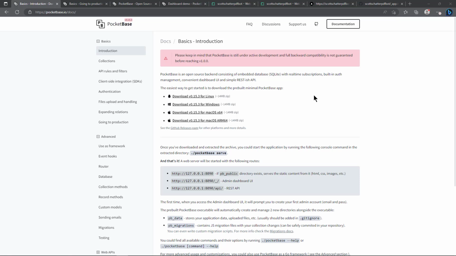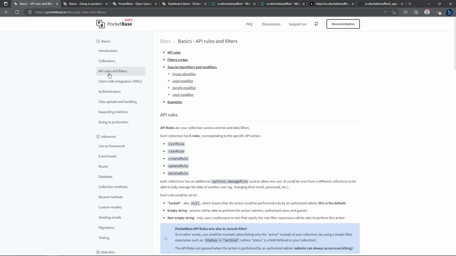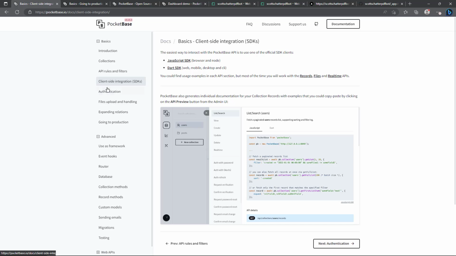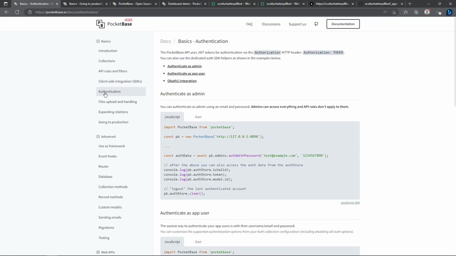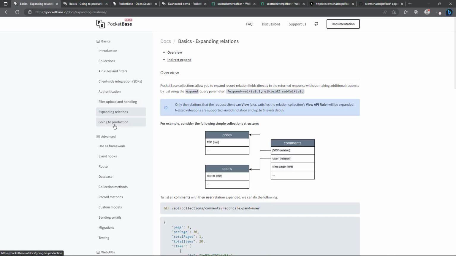I did want to briefly mention their documentation on Pocketbase. They have good documentation here. It talks about the basics, the introduction to the system, how to set it up, talking about collections, which we looked at in the actual working system, API rules and filters, client-side integration with SDKs for JavaScript and Dart, the authentication side, file upload and handling, expanding relations. There's ways to do that when you're setting up the collections,